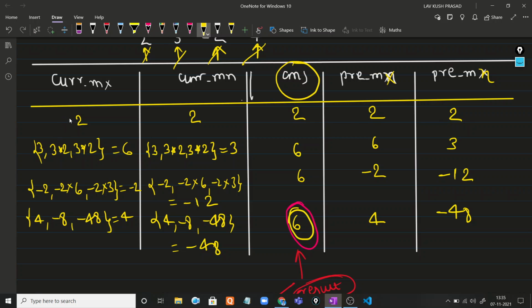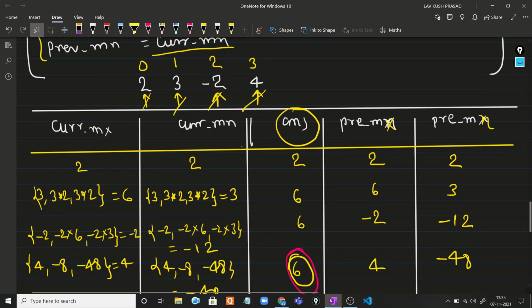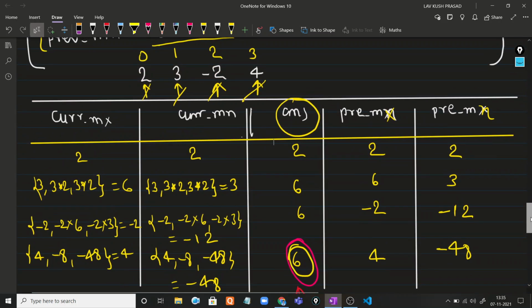In the beginning, let's write it here. Suppose we are given an array: 2, 3, minus 2 and 4, right? So in the starting, we put the starting value into current max,